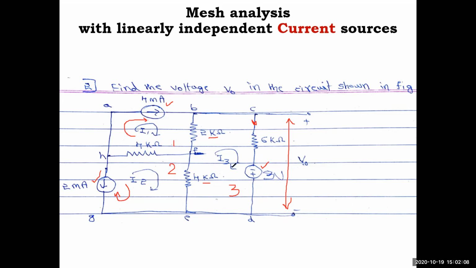Now you have that. See this is the direction of current, and here the plus sign is on this side, minus sign this side, so you can straight away write it is plus 3. Okay, so that is how you will get the three equations. Then in that I3 equation we will substitute the I1 and I2 values, you will get this branch current, then we will find out V0. Okay, so that is the idea. So if you have noted down, now we'll solve this.